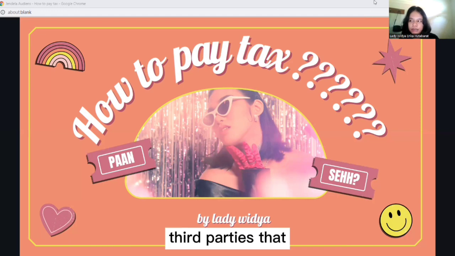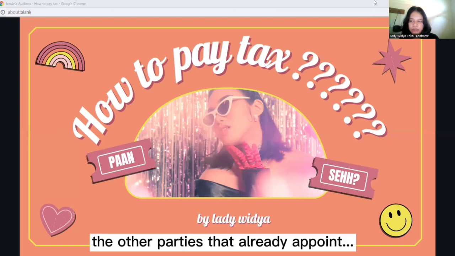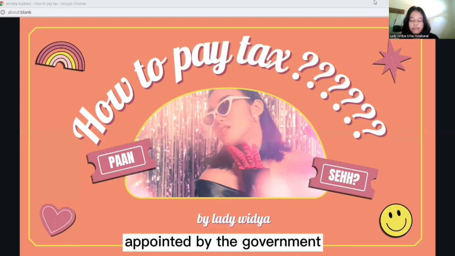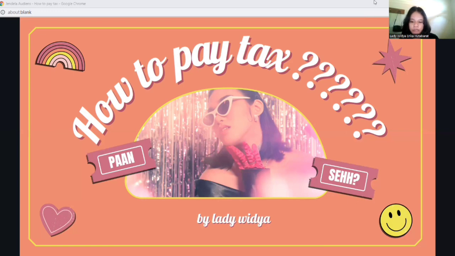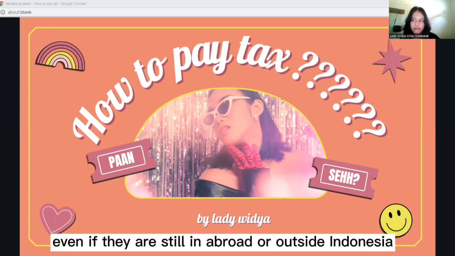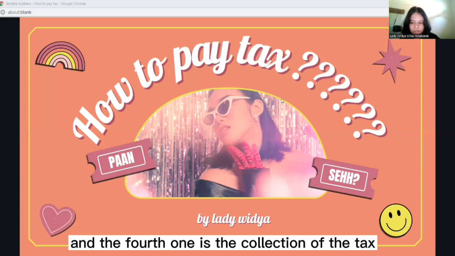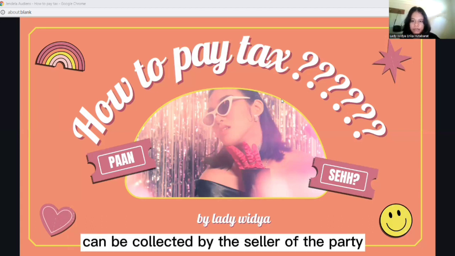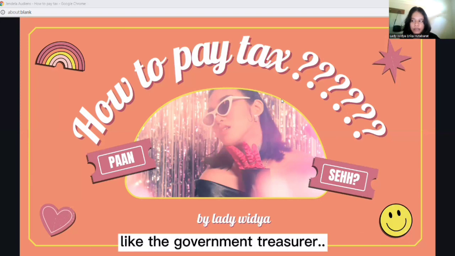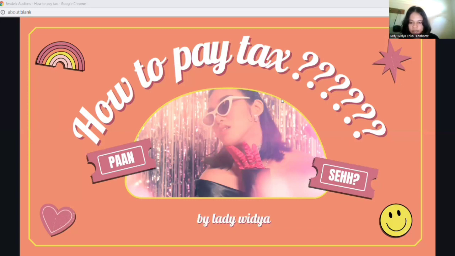The third parties that I talk about are like pemberi pajak or pemberi kerja, or other parties that are already appointed by the government. The third one, they can pay their tax even if they are still abroad or outside Indonesia. And the fourth one is the collection of the tax can be collected by the seller or a party, like the government treasurer. And the other kinds of tax like PBB or